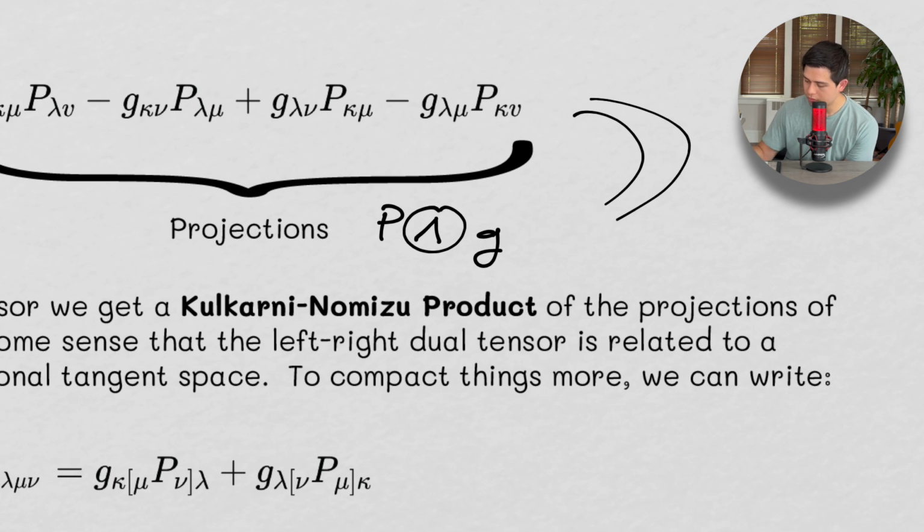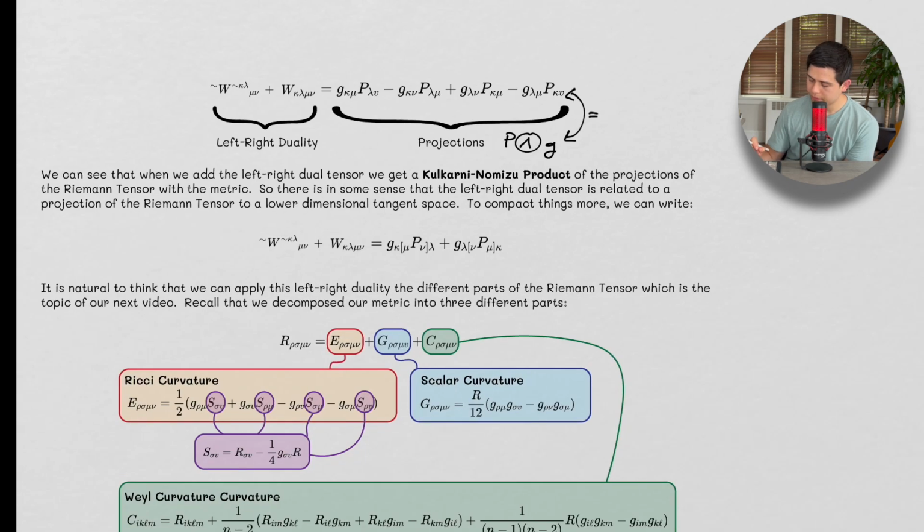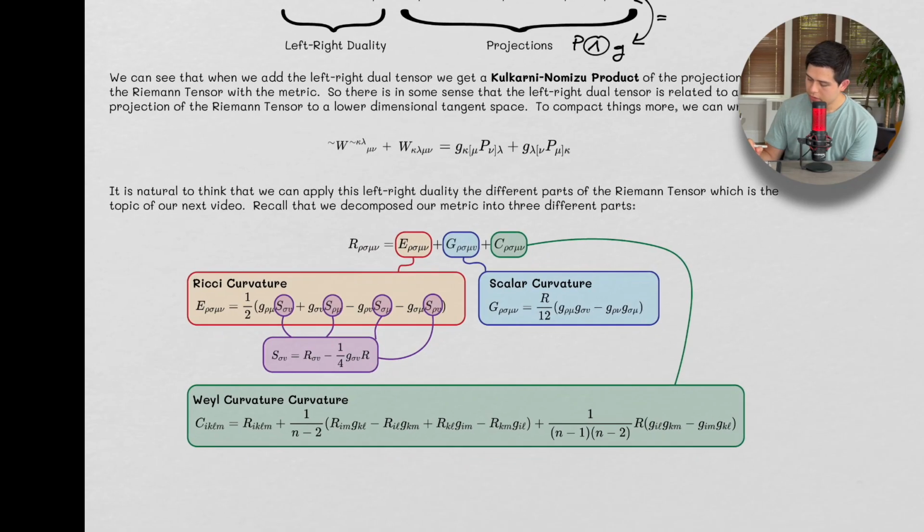So these two equations are equal. Okay. So it's natural to think that we can apply this left-right duality to different parts of the Riemann tensor now, which is going to be the topic of our next video. I don't want this to be too long, but this is going to dive us into something really quite interesting